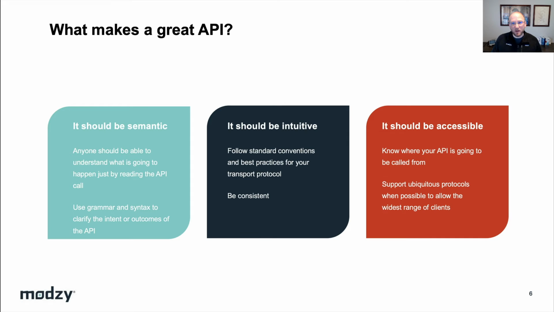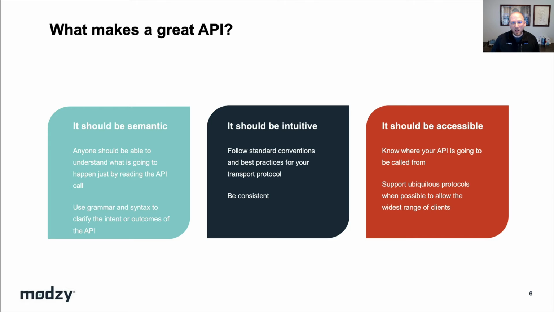Another aspect of making APIs more intuitive is how you handle and return error messages. Great error messages are crucial to making a great API and can be particularly difficult because they serve a dual purpose. First, they serve as communication with the end user as to what went wrong, including information that user might need to resolve the error and try again. Second, they serve as communication with the running program, as written by the application developer, to try and automatically resolve or make decisions based on the contents of the error. So great error messages need to be both human readable and machine readable and provide enough information to allow the human and the program to make good decisions about what to do next and how to resolve the error.